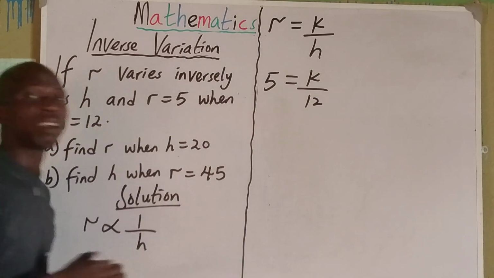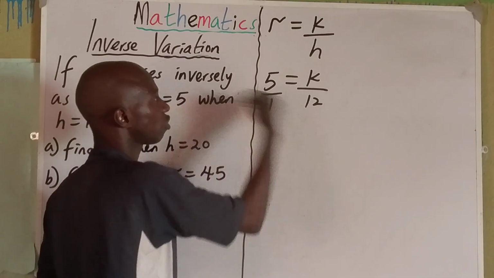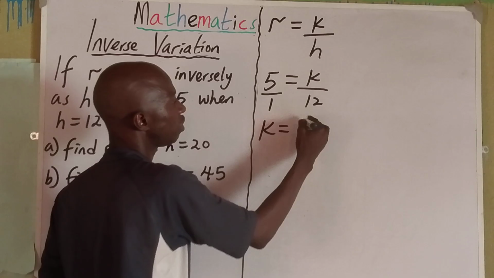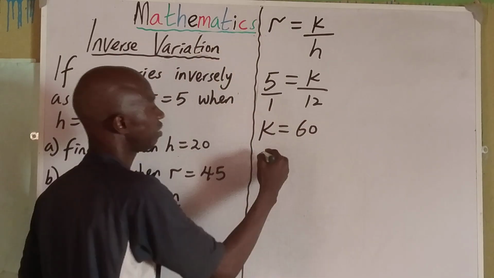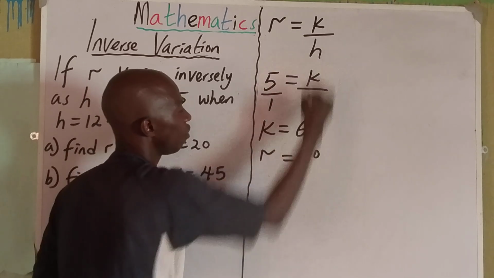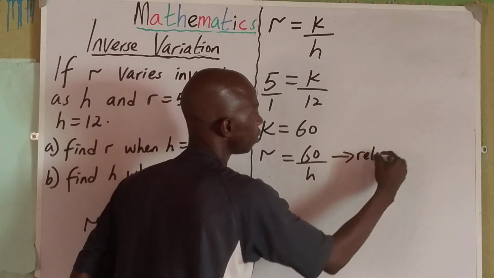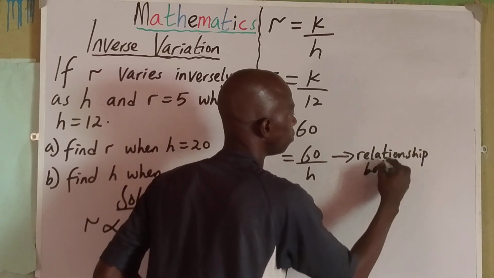in 12. Now looking at this, I'll balance by 1 and cross multiply. K times 1 is k, then 5 times 12 is 60. My k is 60. So I can go back to this and say R equals k, which is 60 over h, and this will be the relationship. This will be the relationship between R